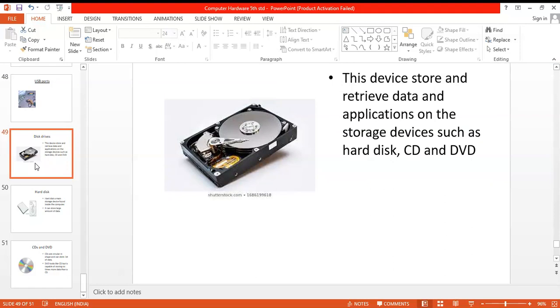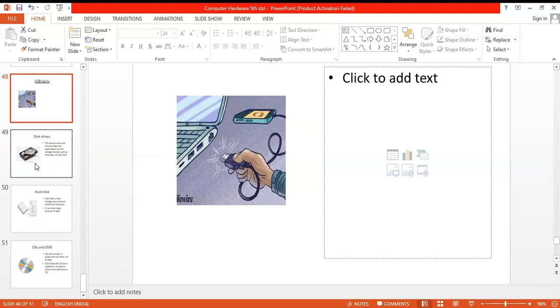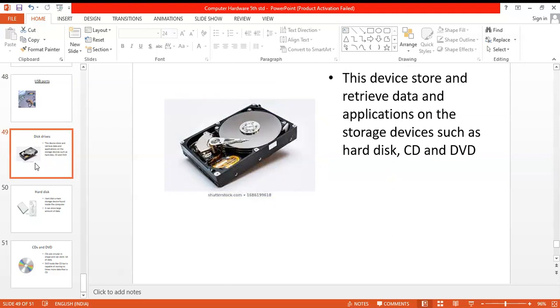Ma'am, fridge. Yes, in a refrigerator. Likewise, if you want to store any information or data, where do you store it? In disk drives or hard disk,